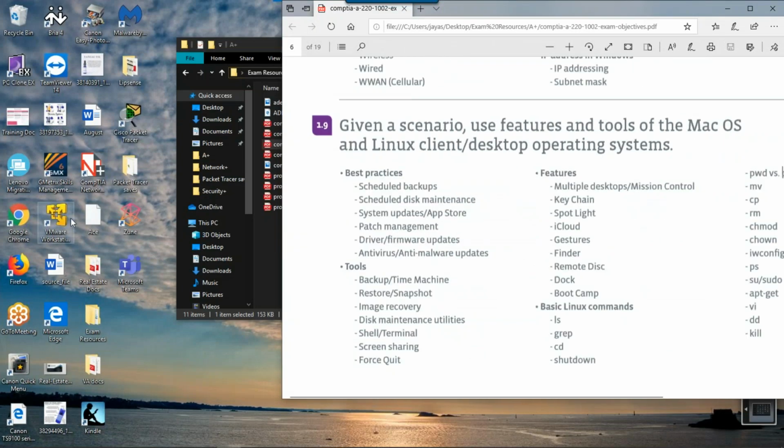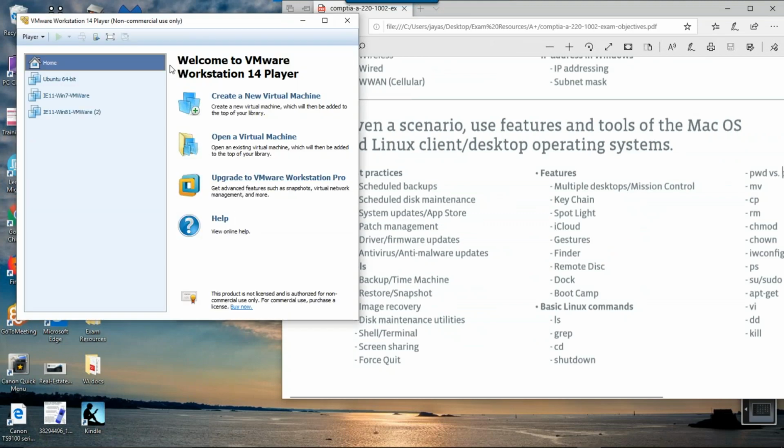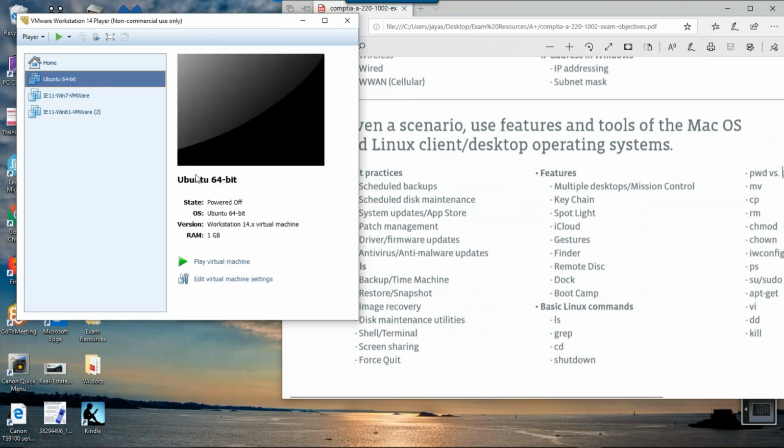So if I go to VMware Workstation here, I actually have a 64-bit version of Ubuntu. Okay, this is something that I highly recommend that you do if you have the RAM for it. Ubuntu, your Linux virtual machines aren't going to take up too much RAM, right? You're not going to take up too many resources. You only need a gig of RAM to run it. And we're not going to be doing a bunch of crazy stuff either, right? We're just going through basic Linux commands.